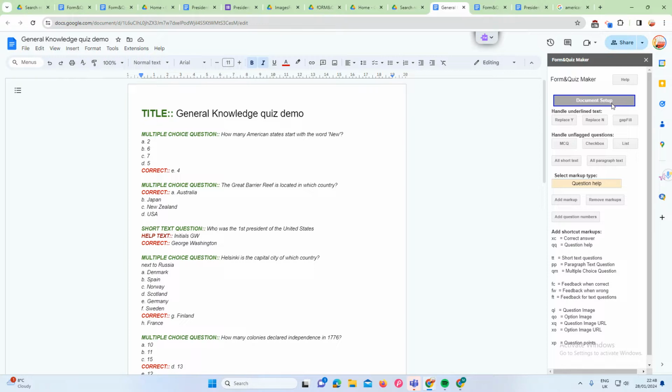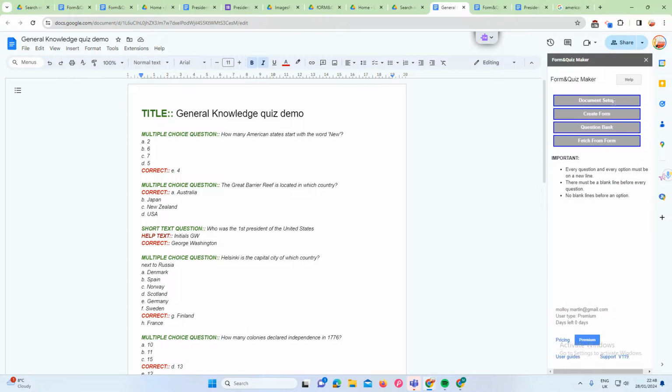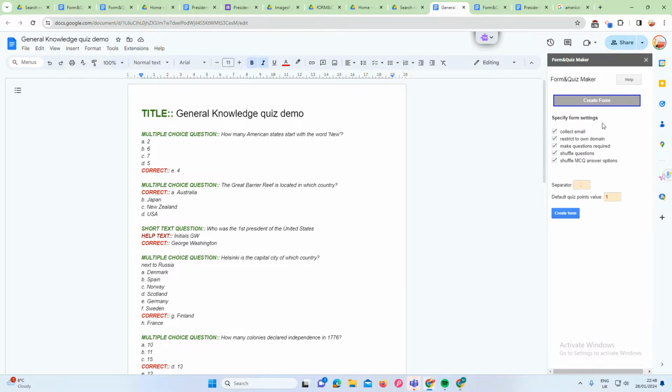But once I've done that, if I click on there to go back to the main menu and go on there to create form, these are my options with the form, so that I can collect the email, restrict it to my own domain. I can make all the questions required or not by unticking it. I can shuffle the questions, let's undo that, and I can shuffle the answer options if I want to. I'm going to not do that. I'll explain this separator later when I've got something to demo that with, and you can set the default quiz points value for each question to 1 or whatever. So then if I create the form,